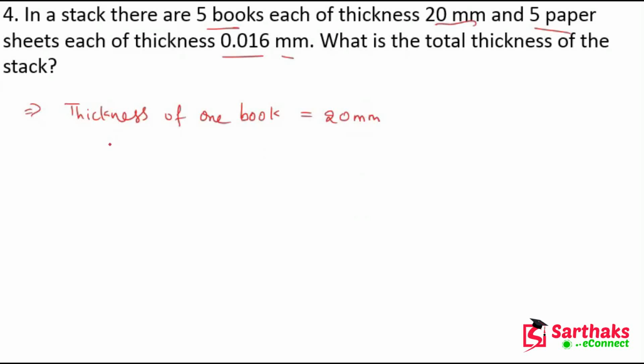Here is the thickness of 5 books, which is equal to 20 into 5. So this is 100 mm. And we know that the thickness of one paper sheet is